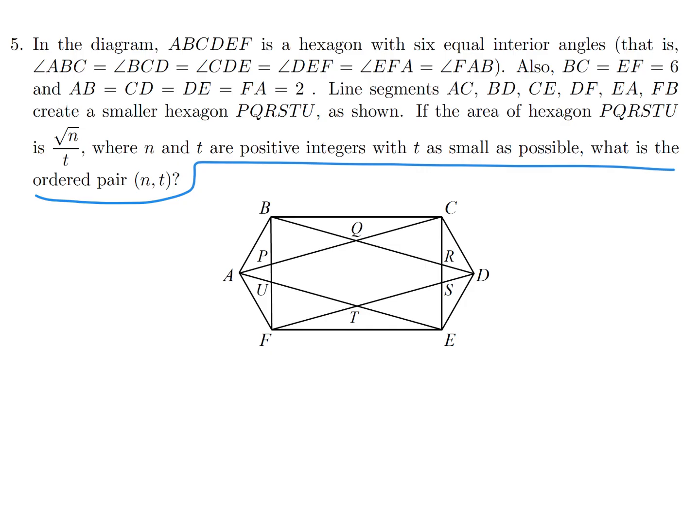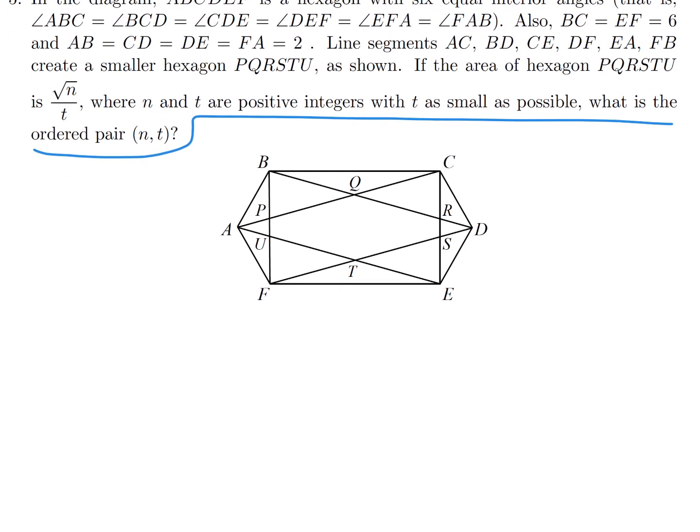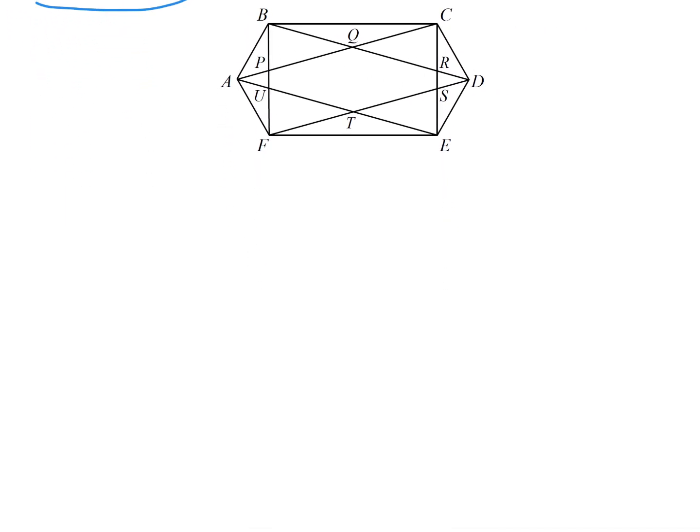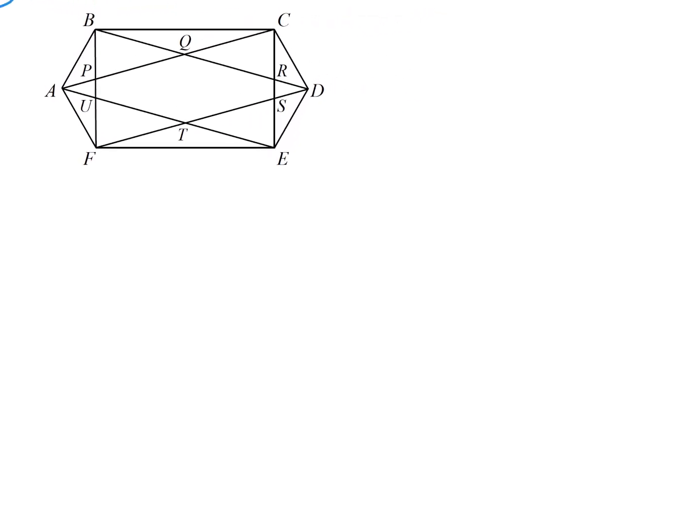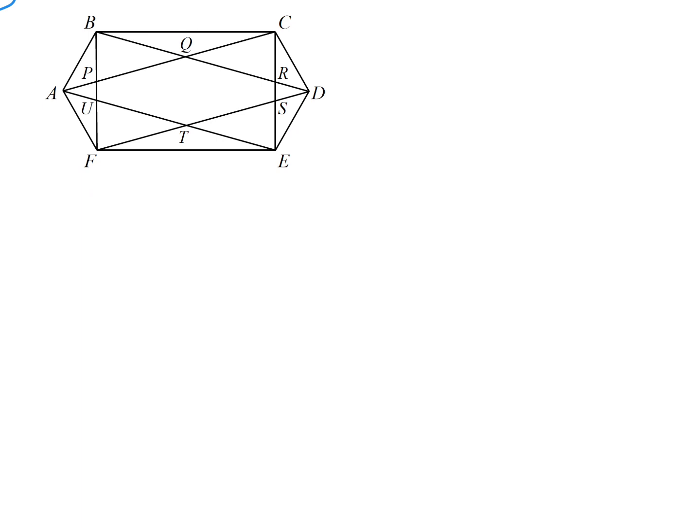Okay, so assuming you got all this, you can summarize it on the side if you want, because I'm going to move it up here because I need the space. All right, so we're going to work with this diagram as best as we can, and let's see what we can do. So first thing, we have 6 equal interior angles, correct? Now the internal angles,